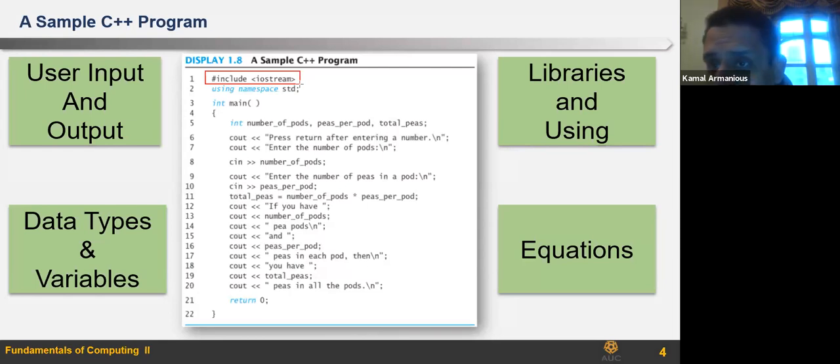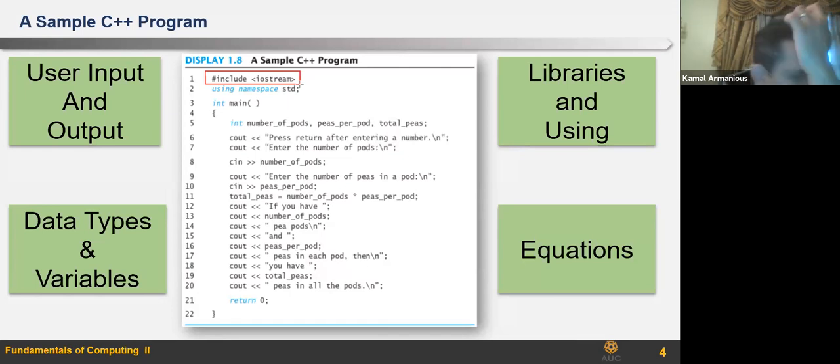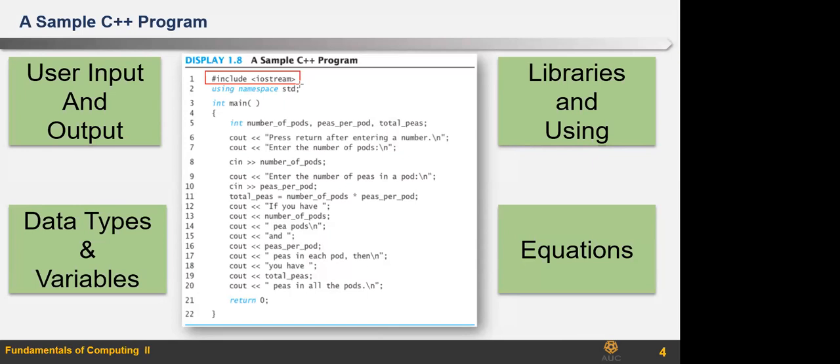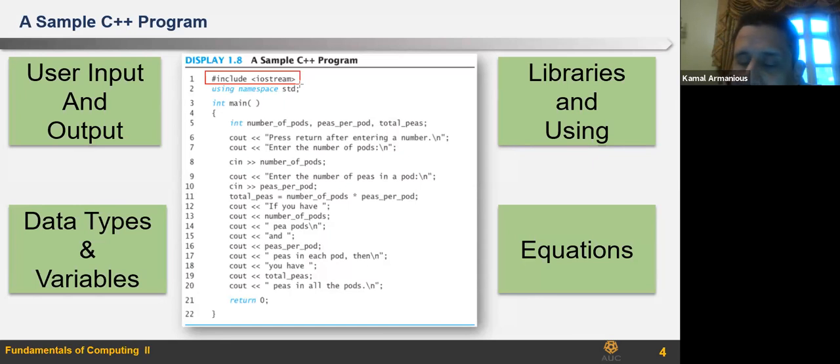I have the C++ source code, and when I compile it with the compiler, what happens, Freddy, when I compile C++ code? Freddy, you're with me? Yes, doctor. So when I compile C++, what happens?